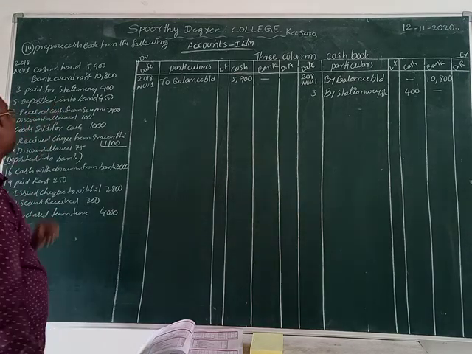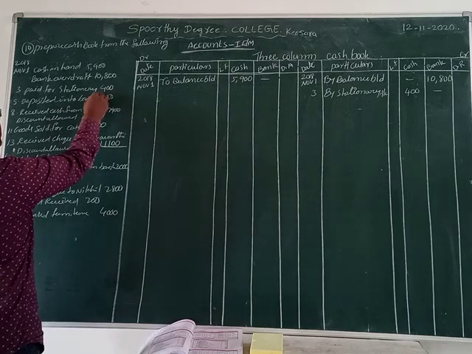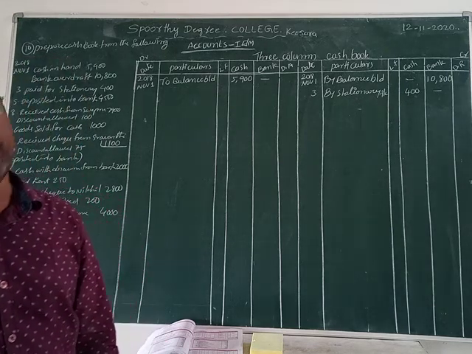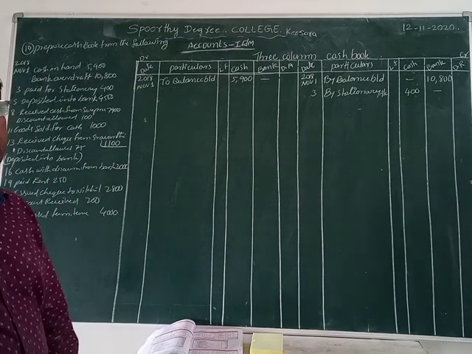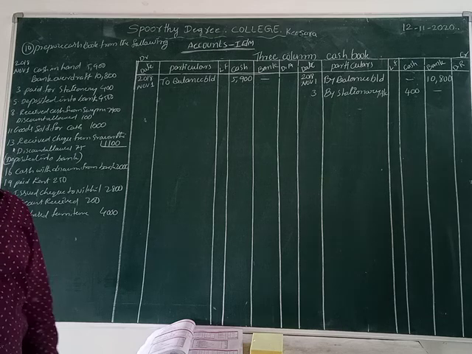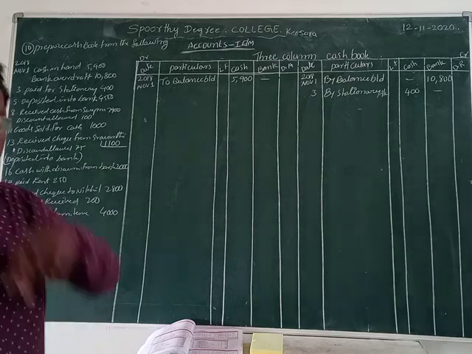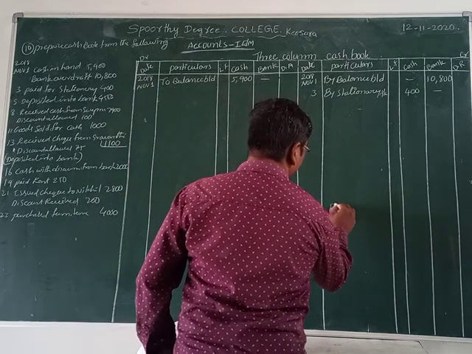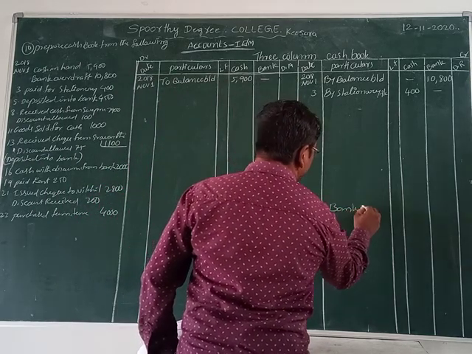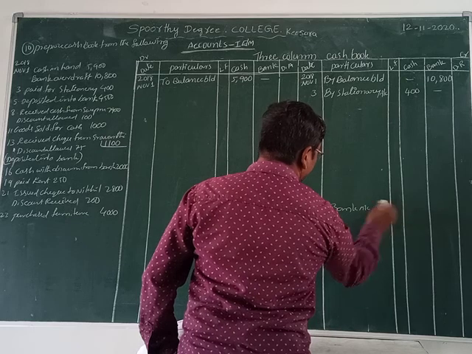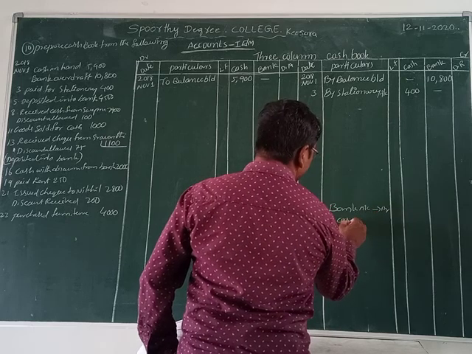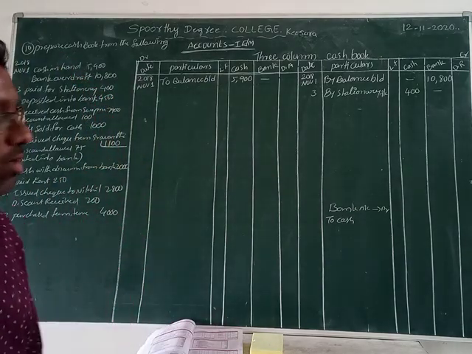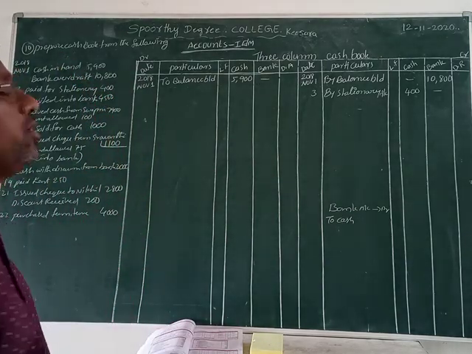Deposited into bank. Okay now. Deposited into bank. What do we deposit here? Cash we deposit. So bank is a receiver. So all receivers go to which side? Debit side. That's why, what is the general entry here? Simply, bank account debit to cash account. Isn't it, friends? Bank account debit to cash account. This is the fifth date general entry.